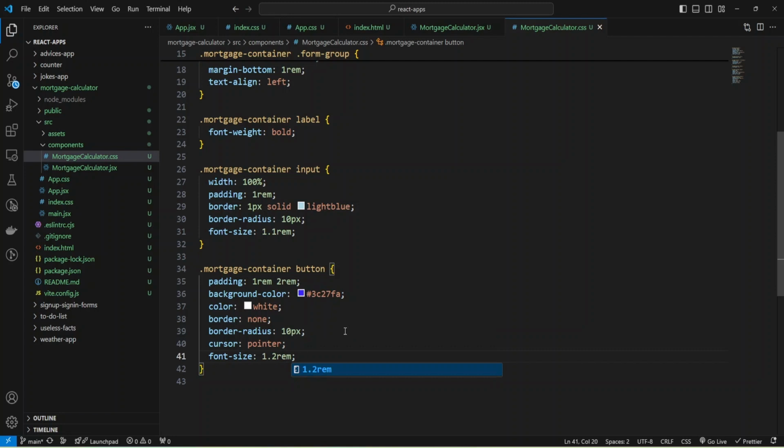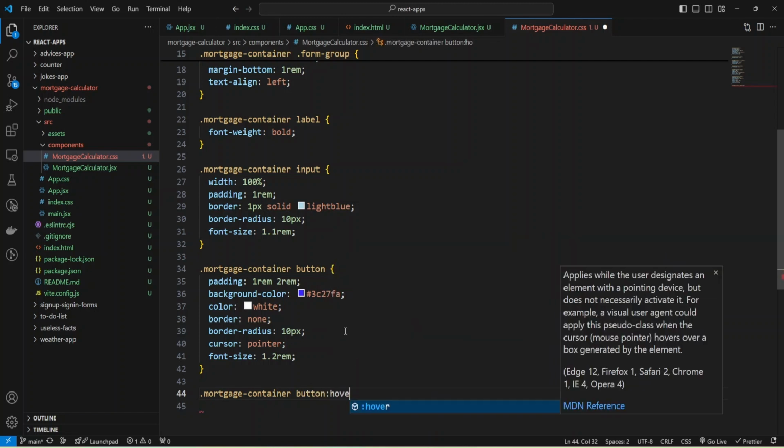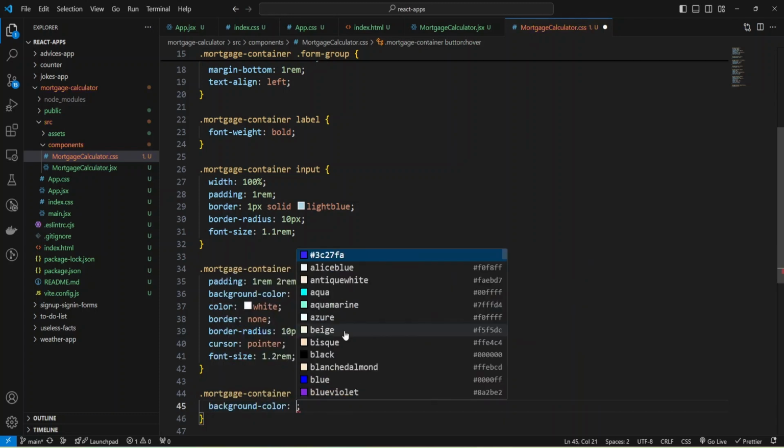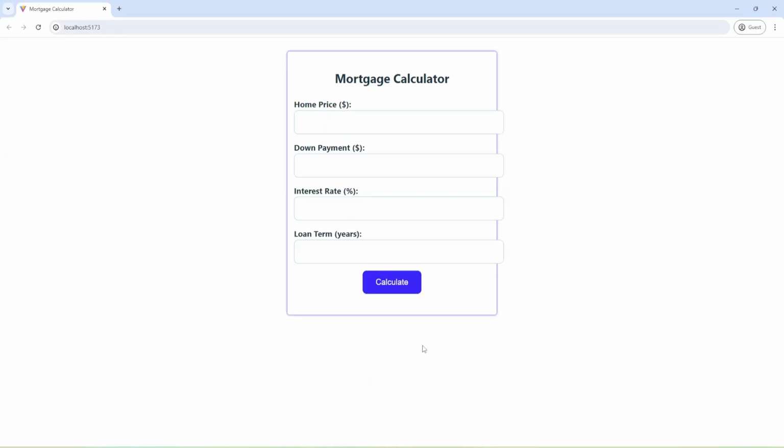And also for button we can provide hover pseudo class. Let me do it. Mortgage container button and hover pseudo class. And I'm going to change the background color to something like that. Okay, and let's check what I have so far.